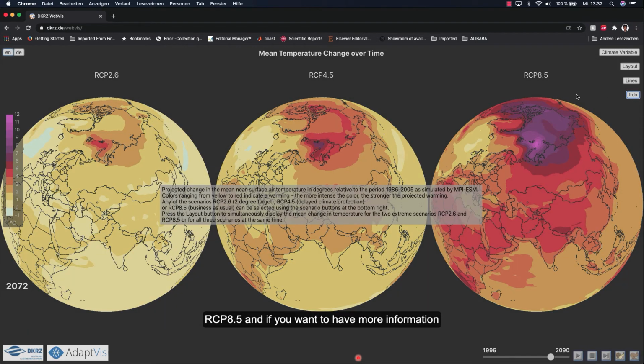If you want more information about it, you just click on the info button. Then you have the information about the different RCPs. For example, RCP 2.6 is the 2-degree target, RCP 4.5 is delayed climate protection, and the last one is business as usual.